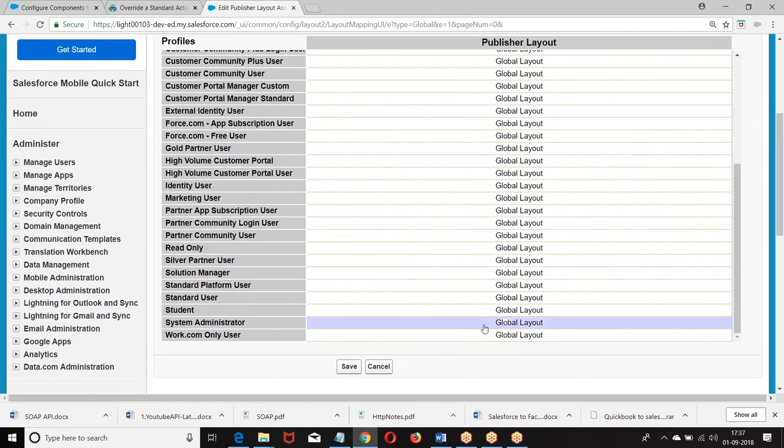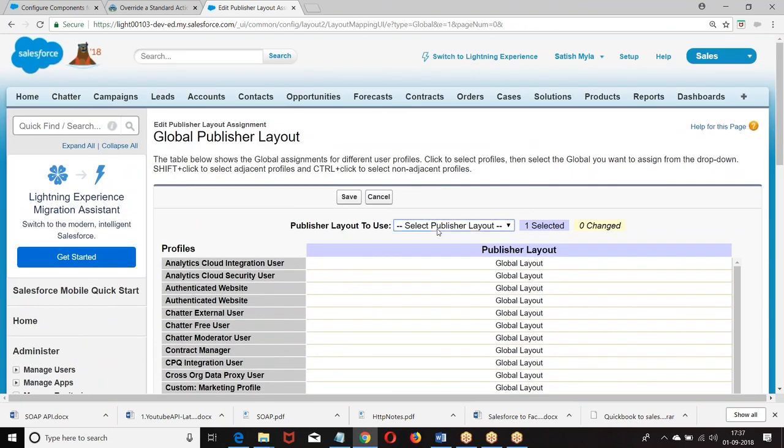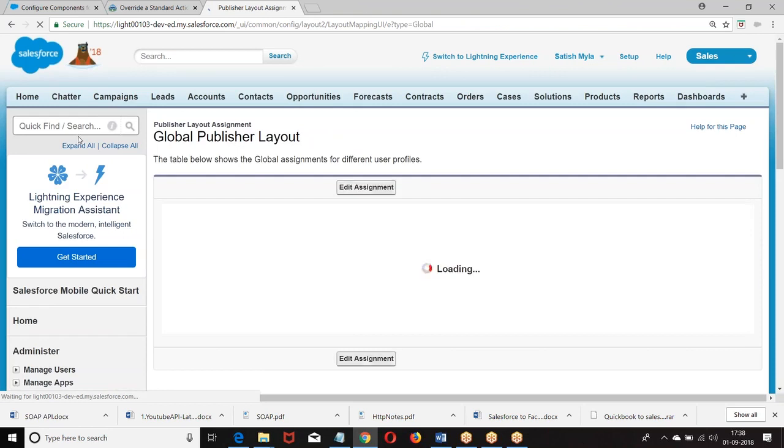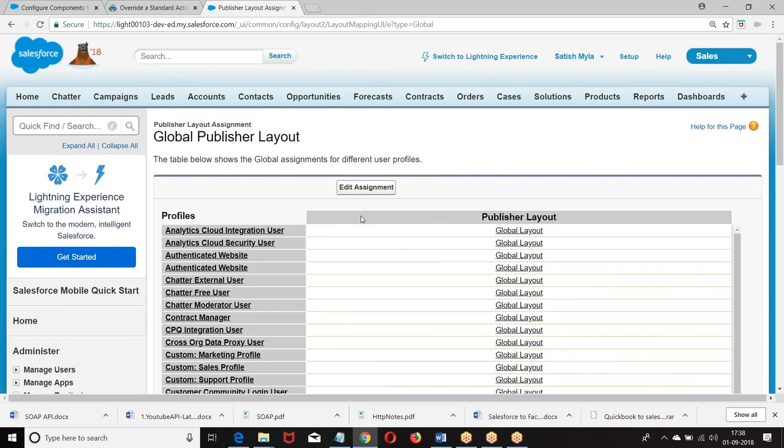Go to administrator. If you have any different layouts, you can choose it. But I have only one layout, no issue with that. But if you have multiple layouts, you can define. Then you go to the page layout, add this global action to the page layout. I hope you're good. This is what? Classic. In the classic, I can create a Visualforce page and add a global action.